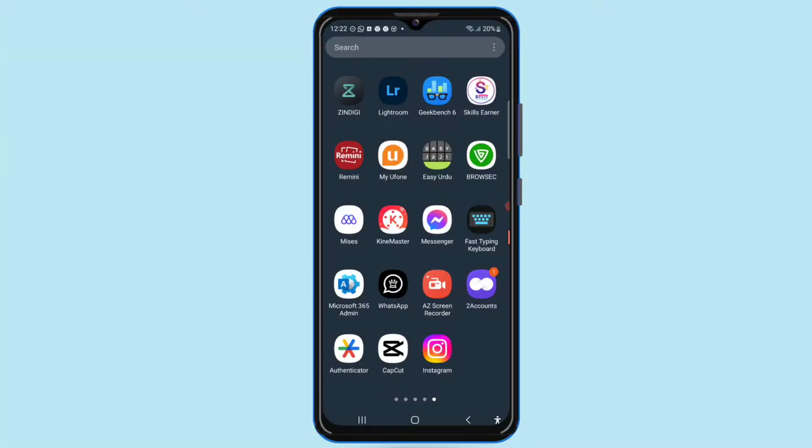Guys, if you want to change the username of your Instagram account, then this video is helpful for you because in this video I will show you how you can change the username of your Instagram account very easily. So let's get started. First of all, open your Instagram application